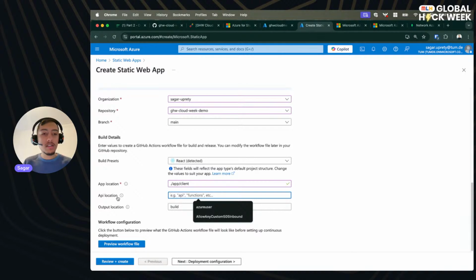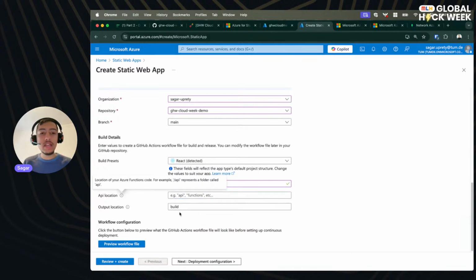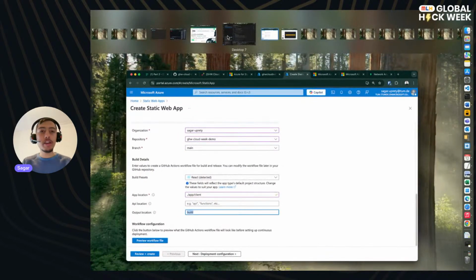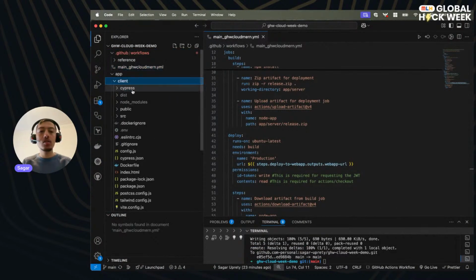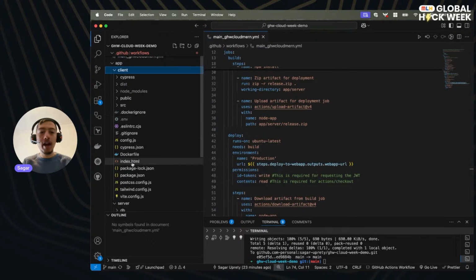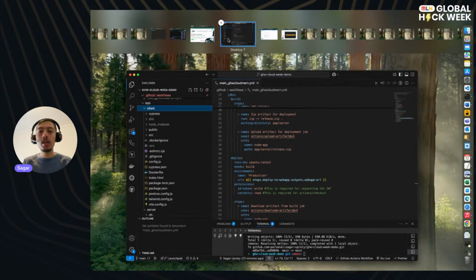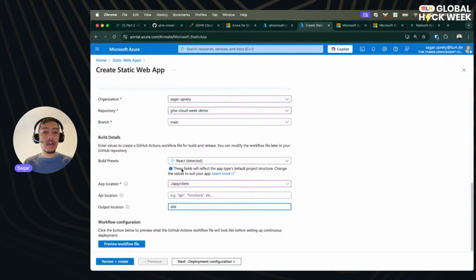And the API location, I'm not using Azure Functions, so if you use that, you can use it over here. And the output location. So remember, for our build process, we are using Vite, and whenever Vite builds the React app, it creates a dist folder within the client. So you can see I have a dist folder which is created by Vite. So I need to provide it as dist and not build. But for some other build manager, it might have been build. So I'm going to use dist instead of build for the output location, and then I can preview